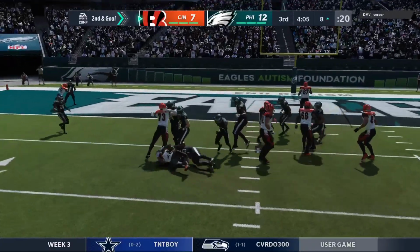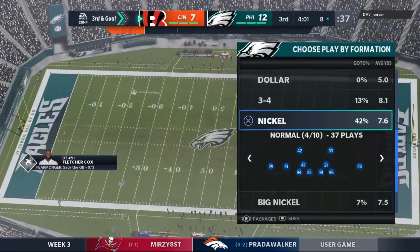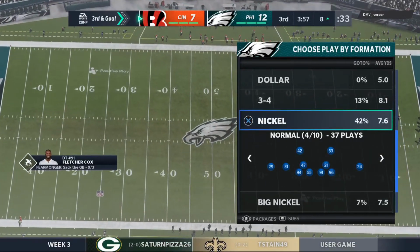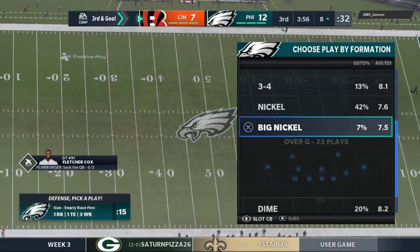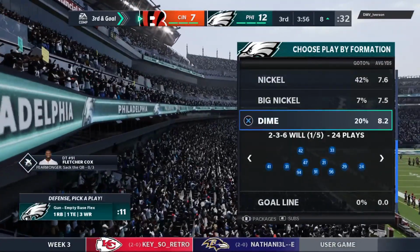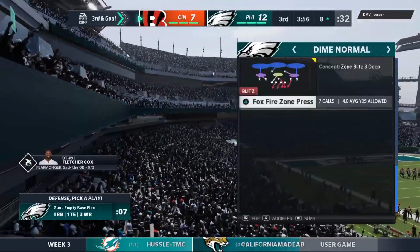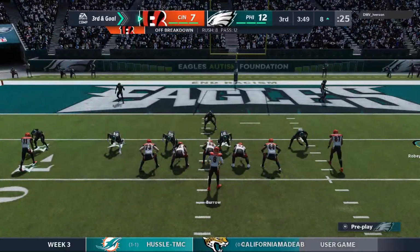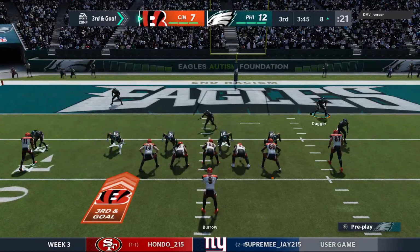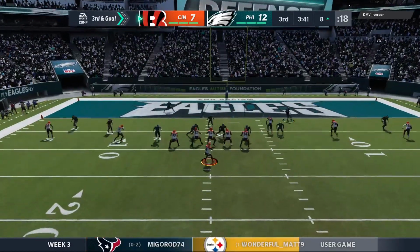Now Joe Mixon, and he stopped immediately there. No gain on the play there. They're going to need to come up with something better here on 3rd and goal. So stuff for no gain on 2nd down brings up a pretty interesting 3rd from this distance. I'm throwing the ball, and I'm not even thinking about play pass. I'm going to let them know right away I'm throwing it. But I'm probably giving my quarterback some room, sprint him out to one side or the other, and give him an opportunity. If it breaks down, he can take off and run for